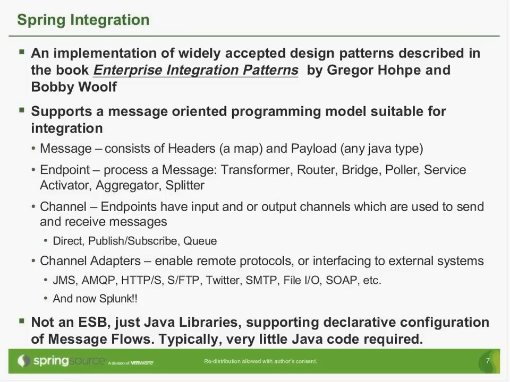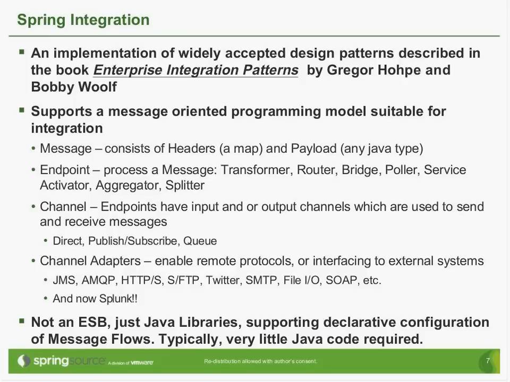So in essence, things are very decoupled, and you can't depend on the payload type always being the same, but the headers give you context about the application, and they are retained across endpoints. So this is really an abstraction of common types used in messaging. For example, a JMS message has properties and a payload. SOAP messages have SOAP headers and a SOAP payload, or the SOAP envelope includes a header area and a payload area. So this is really just a Java-based abstraction of those concepts, and that can be used independent of any protocol.